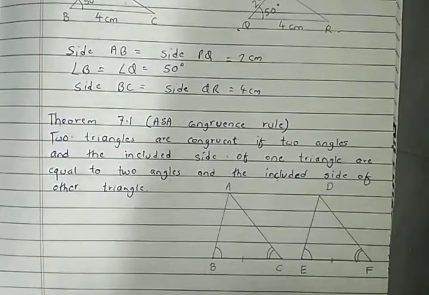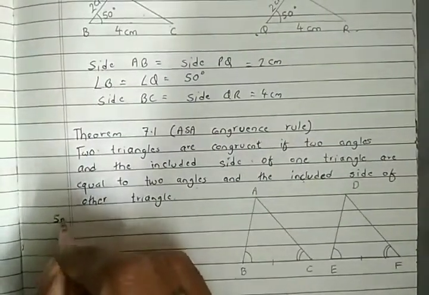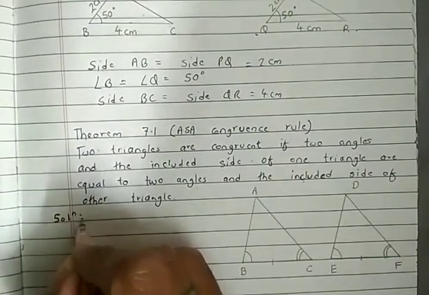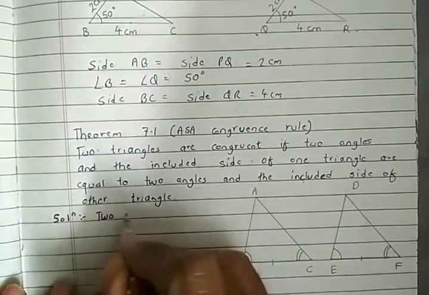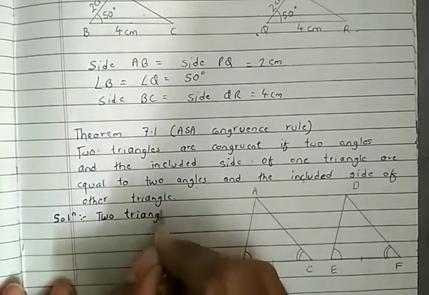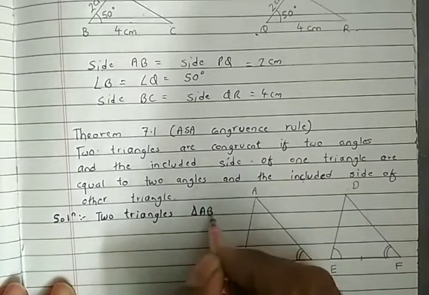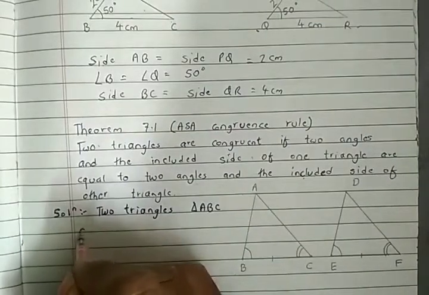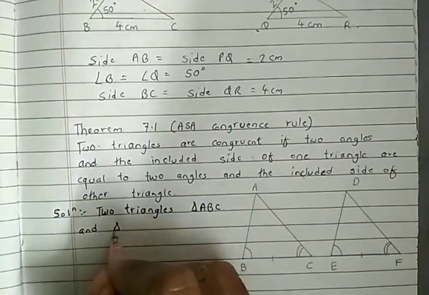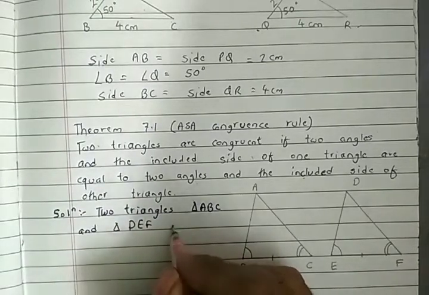How will we prove this? Let's see. Whatever information is given, first we will write it down. Always make a habit of writing whatever information is given. Two triangles, triangle ABC, this is the symbol of a triangle. Triangle ABC and triangle DEF are given,